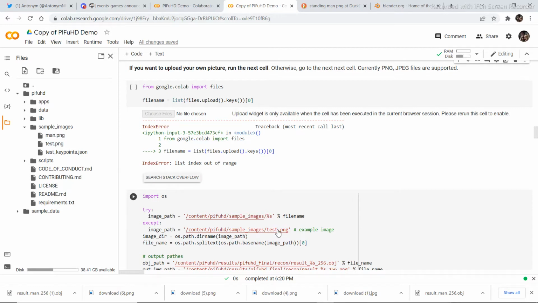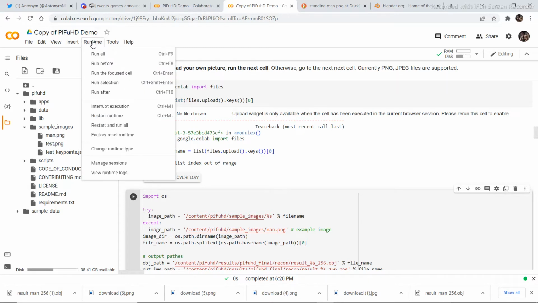So we are going to go here before the .png and write man, similar to the picture that we imported, and then go to the runtime, click on it, go to run after,